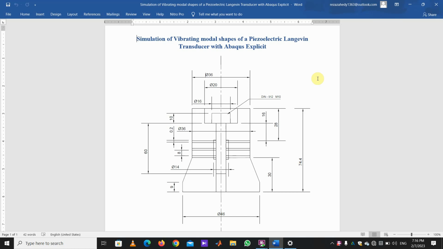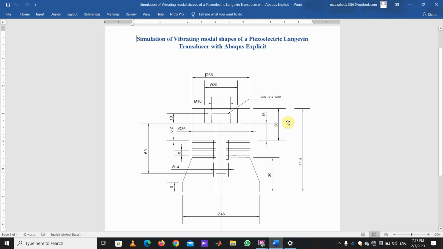Sandwich ultrasonic transducers developed by Professor Langevin are vastly used by industries for high-power acoustic wave generation. In this type of transducer, piezoelectric rings are sandwiched between 2 metals and prepared for high-intensity vibration. As you can see in the picture, a central bolt also is required to mount and apply an amount of